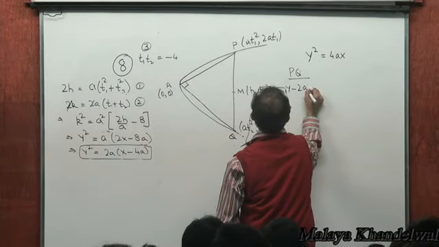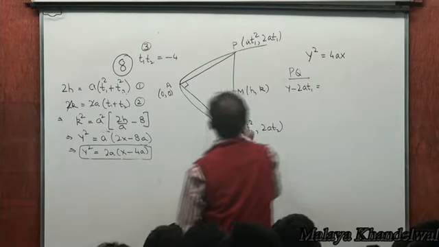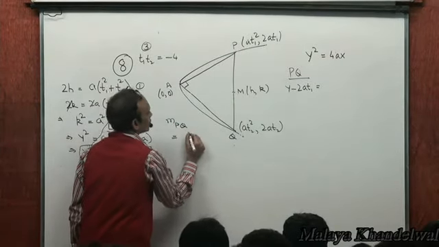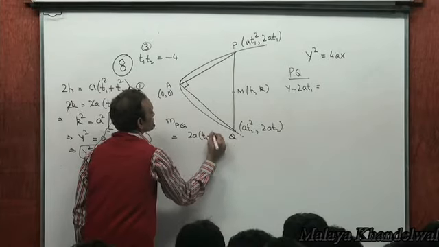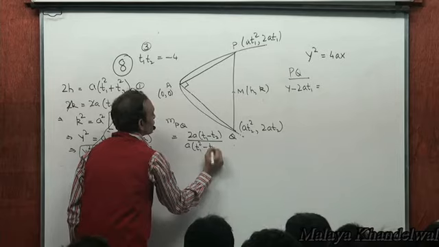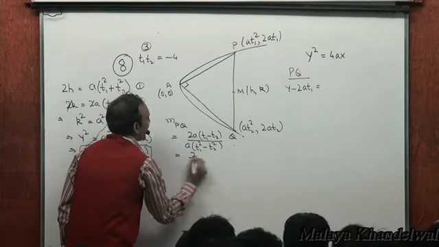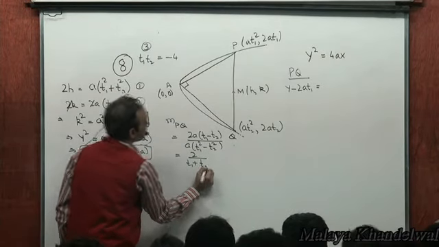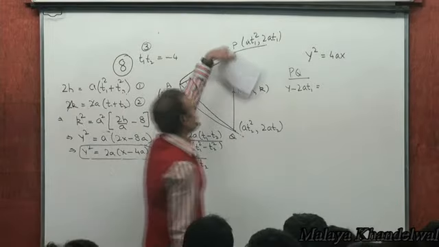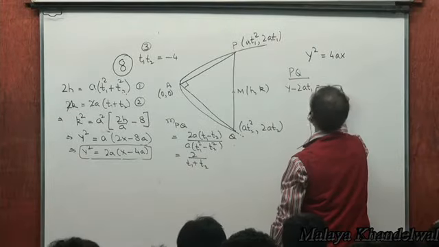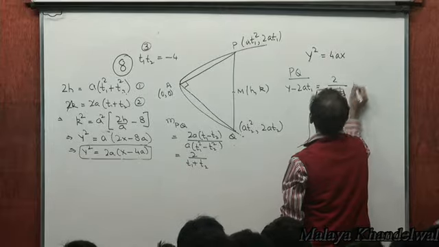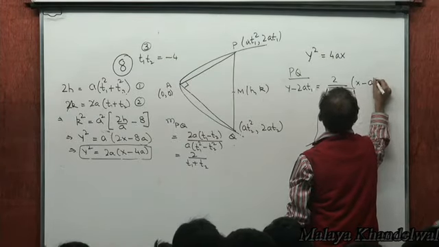Y minus 2a t1 is, now what's the slope of PQ? 2a into t1 minus t2 divided by a into t1 squared minus t2 squared. That means 2 by t1 plus t2 is the slope of PQ, right? Now the equation of the variable PQ is y minus 2a t1 is 2 by t1 plus t2 into x minus a t1 squared,